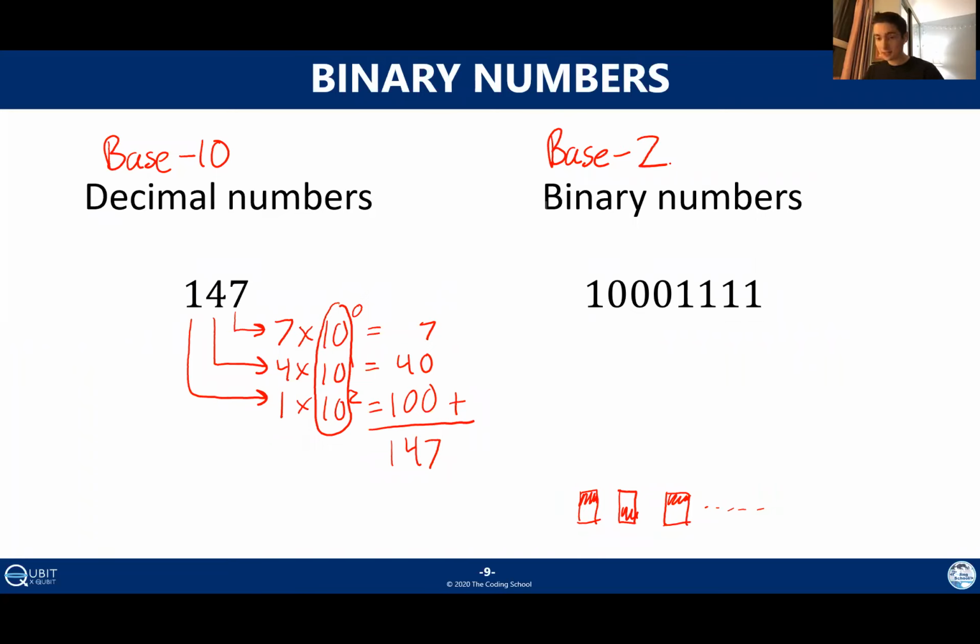So binary works pretty much the same way as decimal. The only difference is, again, this column right here. So I'm going to follow the exact same process I just did for the decimal number. Starting from the right-hand side of the number, I'm going to take the digit and multiply it, not by a power of 10, but this time by a power of 2. Repeat for the next digit over, we get 1 times 2 to the 1, 2 to the 2. And the exponent here just goes up by 1 every single time.